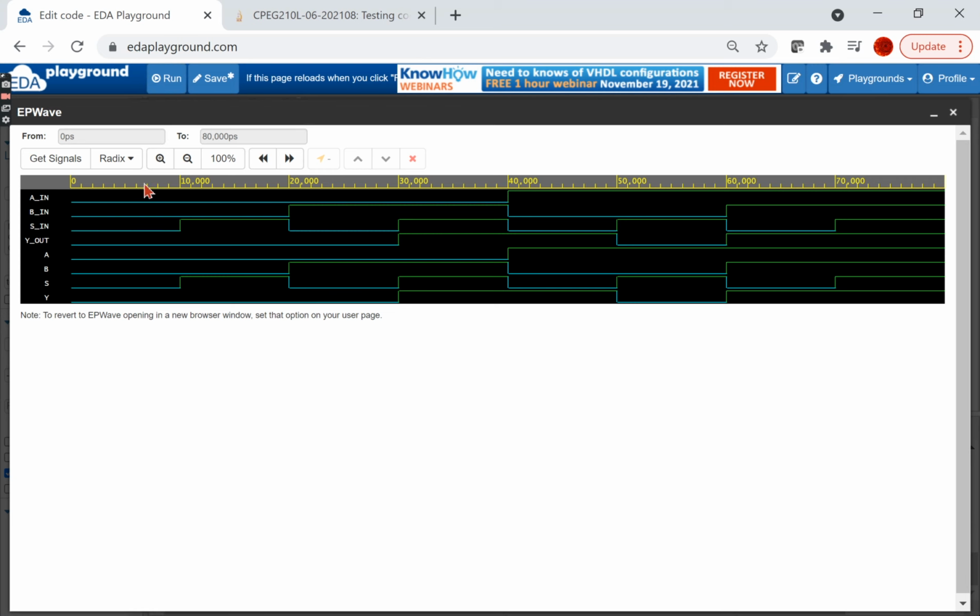Notice how, let's put the cursor first. Here, A is 0, B is 0, S is 0. When S is 0, we're going to select A. That means Y is equal to A. Let's examine a different value, for example here. At this particular moment,